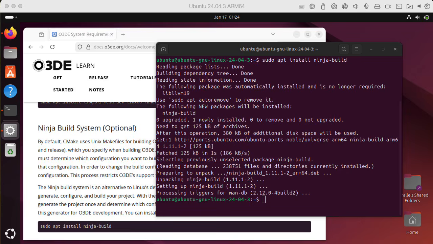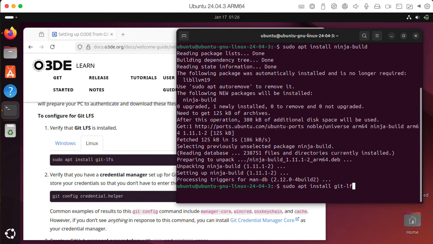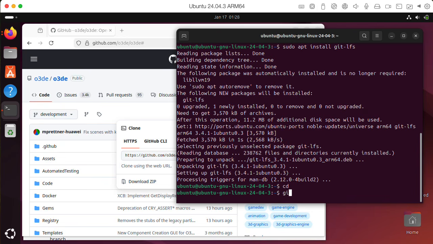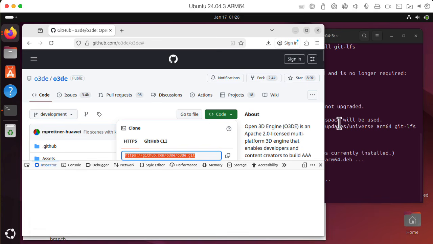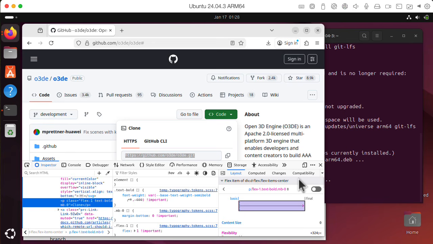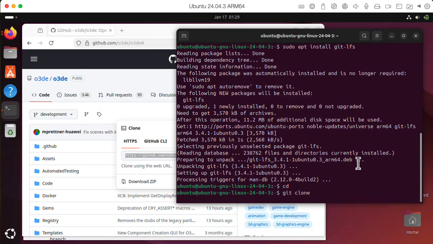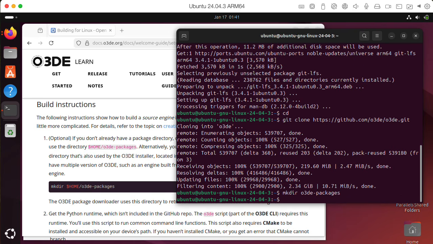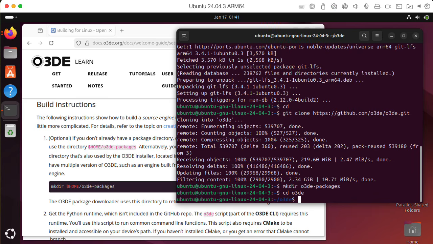Okay, let's make sure we have the large file support installed for Git. Let's try cloning the repo. The thing is, when I do the Control-Shift-C in the web browser to copy, it wants to pull up all this developer tool stuff. Okay, Control-Shift-Paste. Here we go. Okay, let's make an O3DE-packages directory. Go into the O3DE directory. Now we need to do this